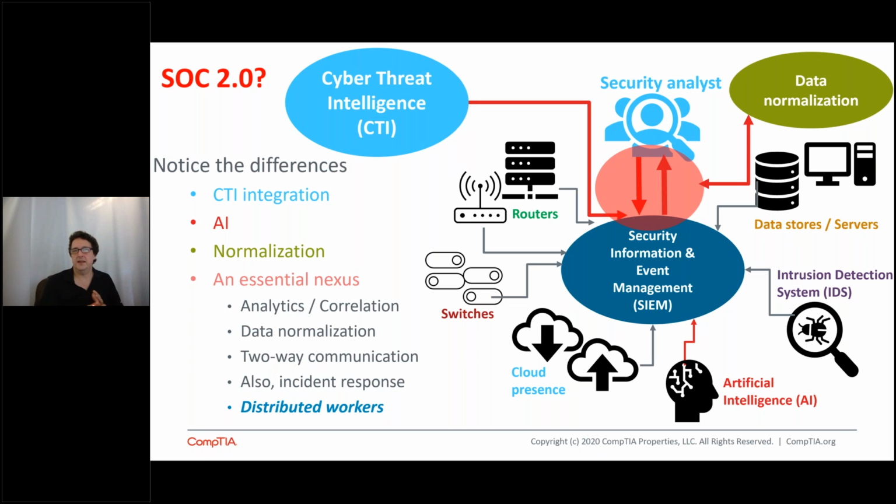So when it comes to today's Security Operations Center worker, right, they are integrating with cyber threat intelligence feeds, for example, the CompTIA ISAO or AlienVault OTX or whatever. They're working with artificial intelligence and machine learning information that comes from the cloud, let's say, from intrusion detection systems. They're protecting data stores and servers. They're working with edge devices, whether it be routers and switches or 5G networks. They're doing all of these things, and they're liaising with workers who are also working at home more and more. They're liaising with management to make sure that they can move forward quickly.